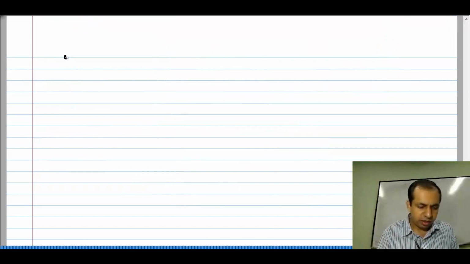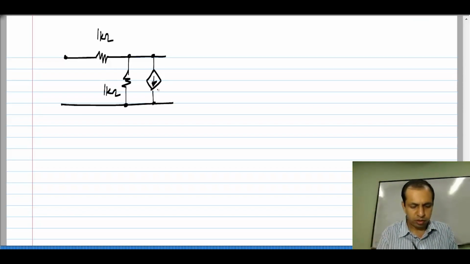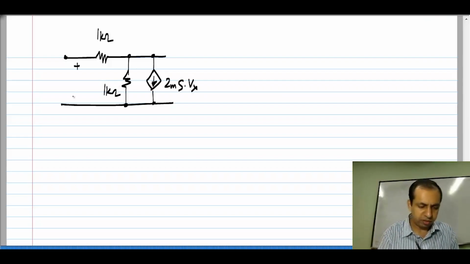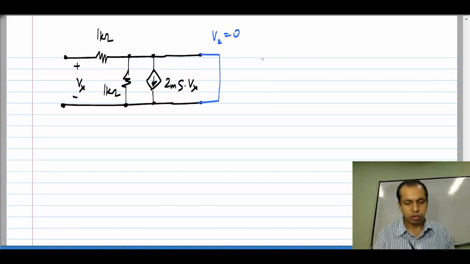So, again taking a more complicated example with a control source, we can also calculate the H parameters. The circuit has 1 kilo ohm, 1 kilo ohm and 2 millisiemens times Vx, where Vx is over here. And for the first case, we set V2 equal to 0 or short circuit port 2,